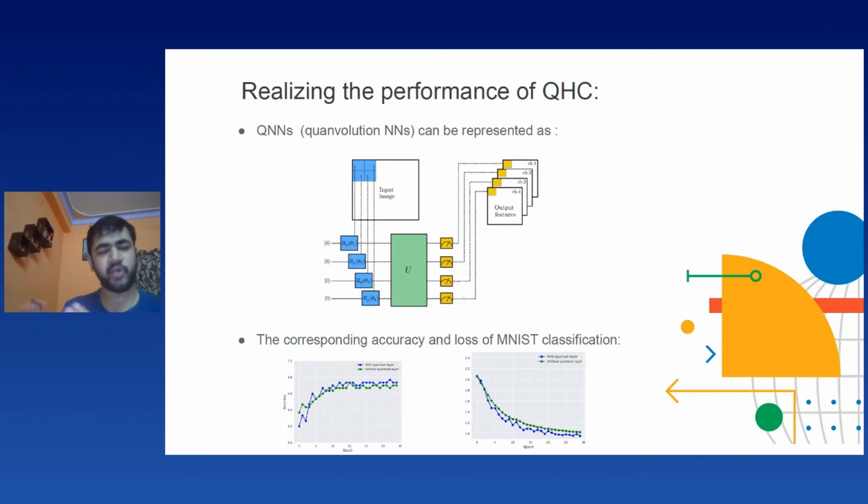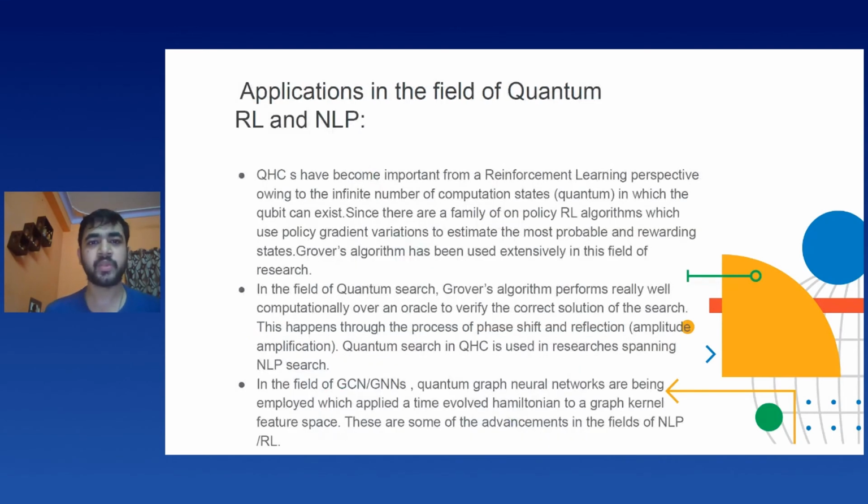So instead of going through that burden, why don't we just encode the data in the quantum domain? We angle embed the data in the quantum domain, and we pass that through a pure classical convolution circuit. That becomes a rather faster approach with better performance gains. Okay. So yeah, quantum RL and quantum NLP.